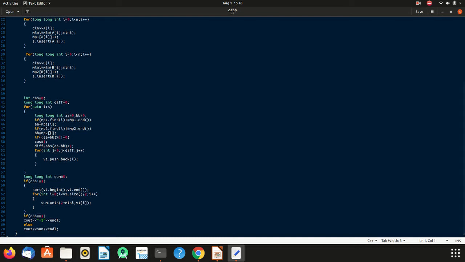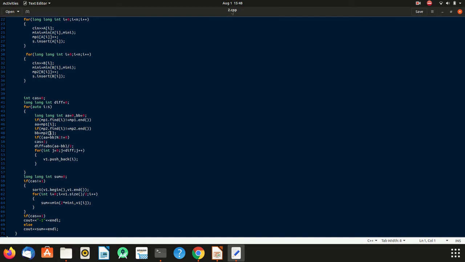We are checking if the sum of the frequency of the element in A plus B is even or not. If it is odd, for example if it is 3, then we cannot swap it, so it is never possible.